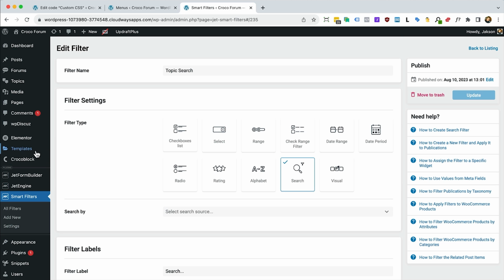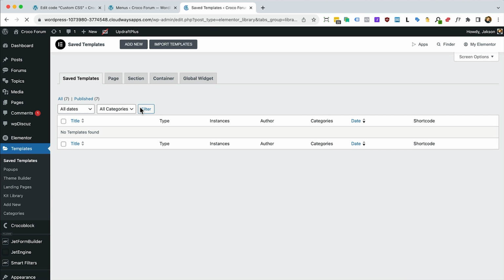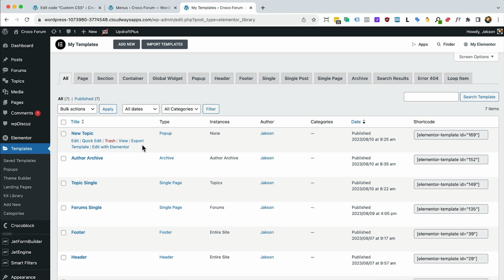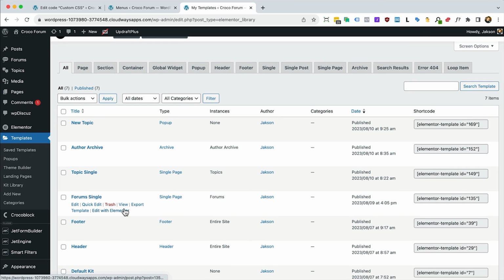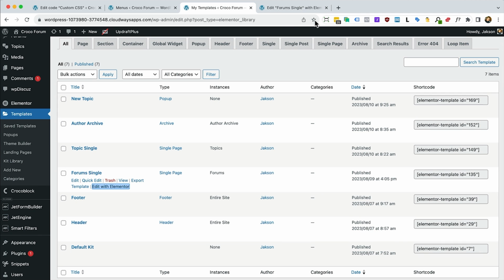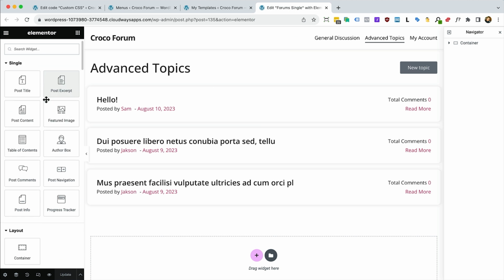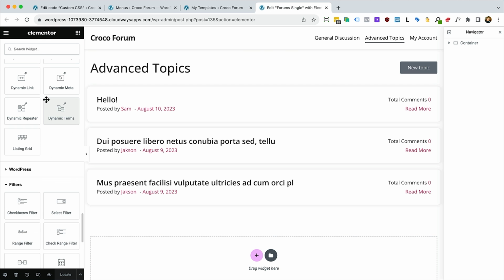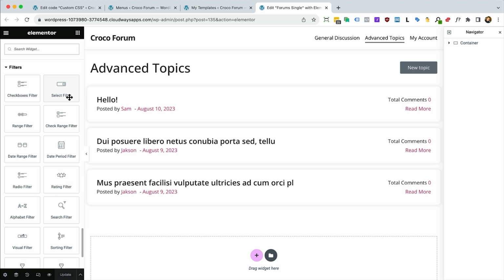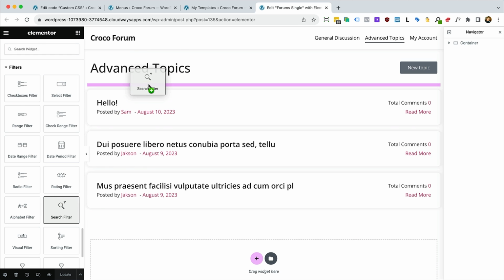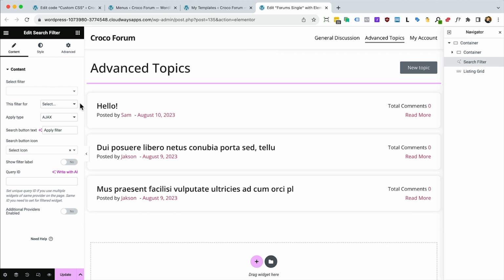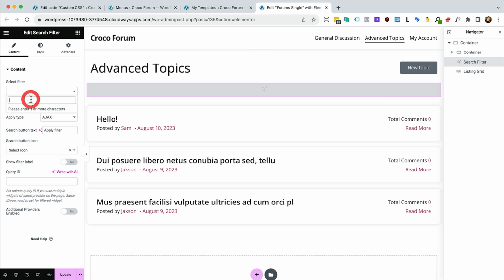And now we'll go to our templates, show them all. Forum single, let's get that in another tab. So let's go and hunt down our filters, and we want a search filter. I'm just going to pop that straight in there, and we'll choose our